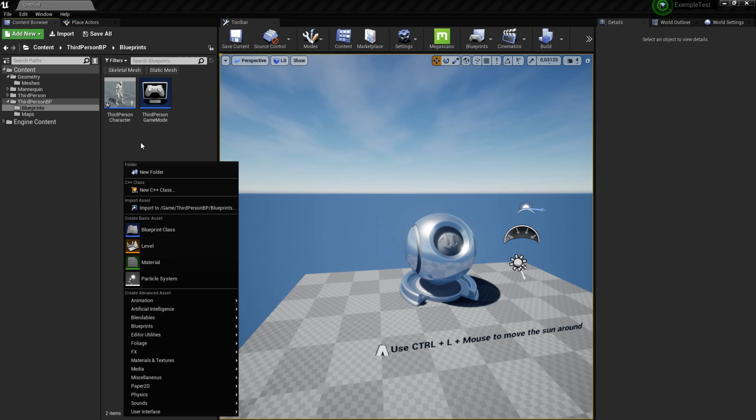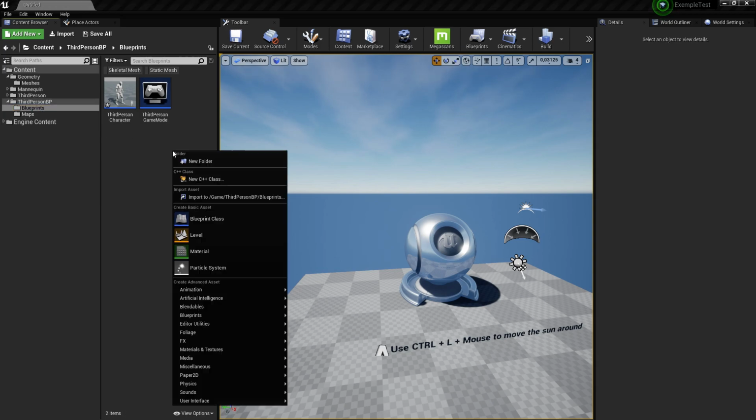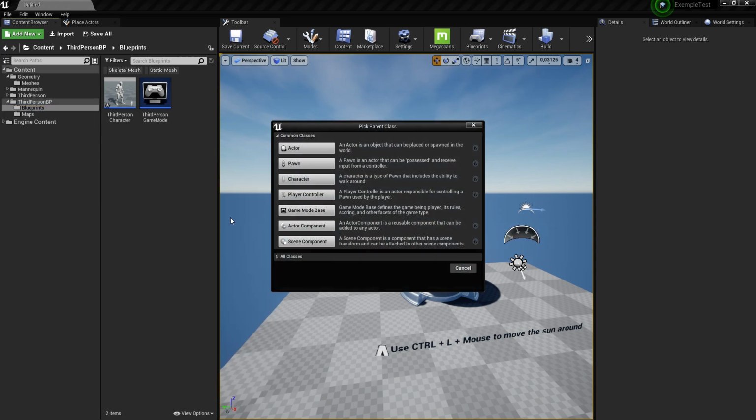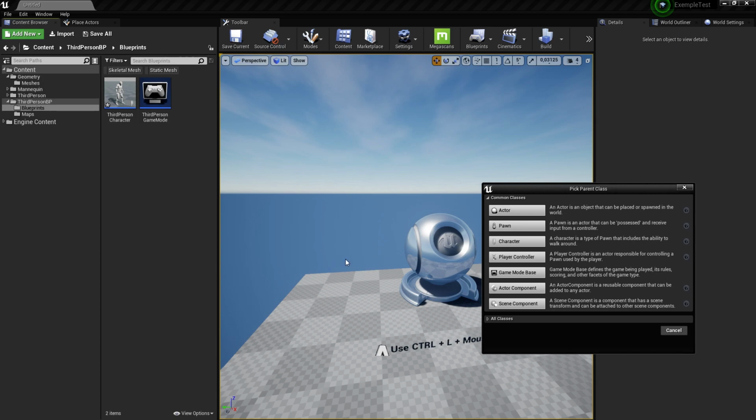So I just right click, Blueprint Class. I have a bunch of types of blueprint that I can create. I have an actor, which is basically something that is going to be inside the level. It can be something static, a non-playing character, anything visible in the scene.